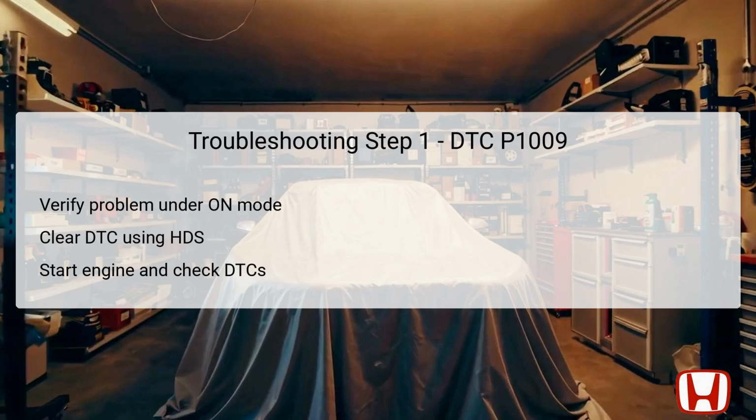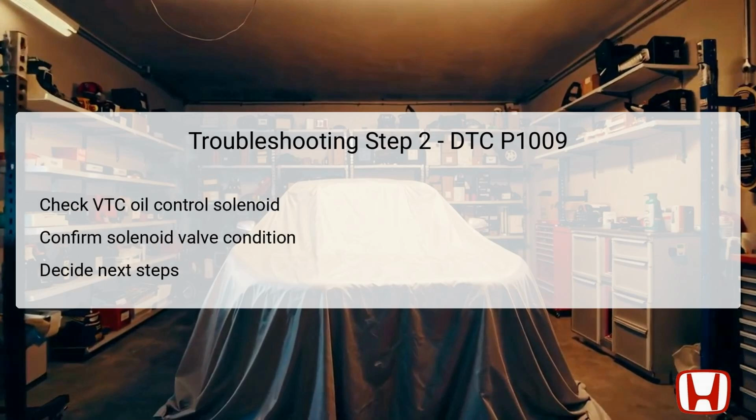After clearing, start the engine and again check for pending or confirmed DTCs with HDS. If DTC P1009 appears again, this indicates that the issue is persistent. If it doesn't appear, the problem might be intermittent, requiring further observation to confirm the cause of failure under similar operating conditions. In the second troubleshooting step,